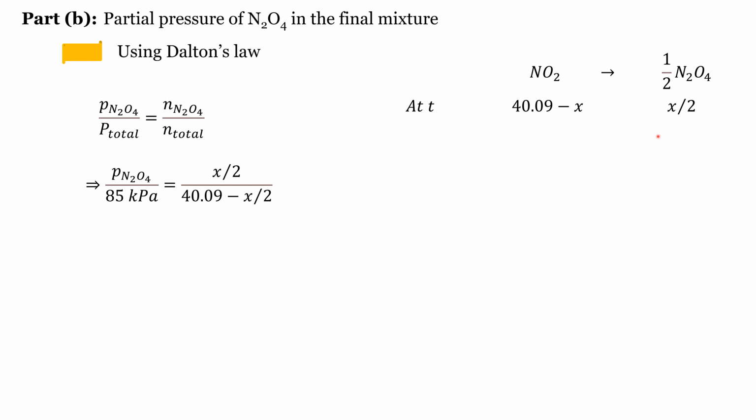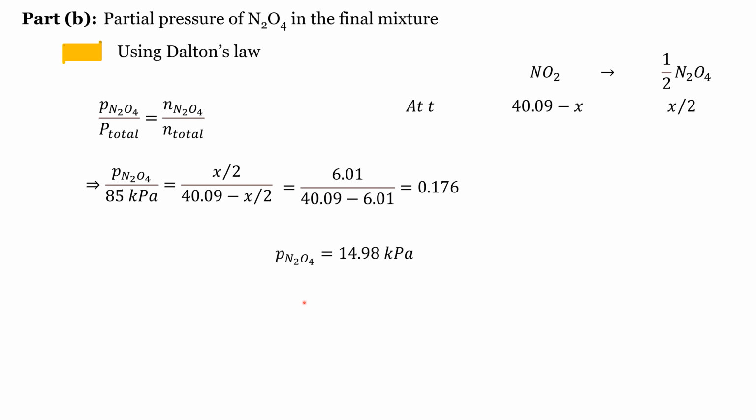Moles of N2O4 is X by 2, and the total moles will be equal to moles of NO2 plus moles of N2O4. Now after solving it we will get